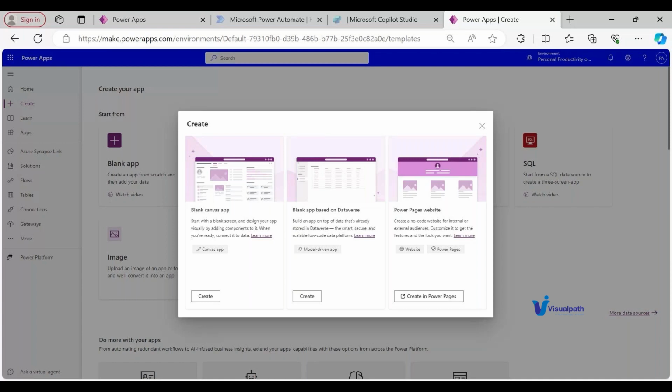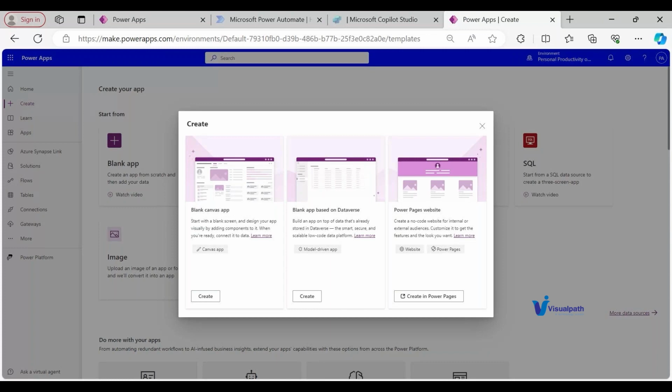If we want to create something with model driven app, let's say that we want to set up an approval process with the help of model driven app, when a new hire joins or any production team wants to do some quality test and we want to create a quality testing process, in that case we create four layers. I'm just giving a hypothetical example. One layer will be from the quality team, second layer will be from the senior management team, the third layer will be for the client end, and the fourth layer will be for end users. Let's say that these are the four categories. Now, for setting up these four